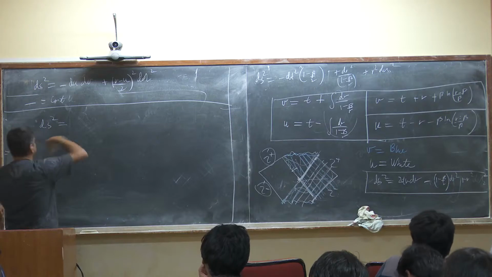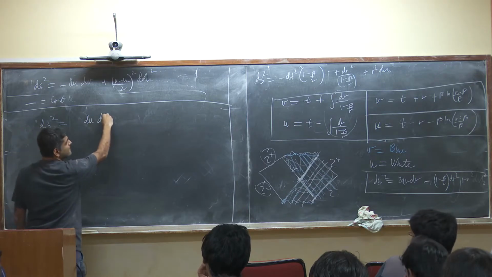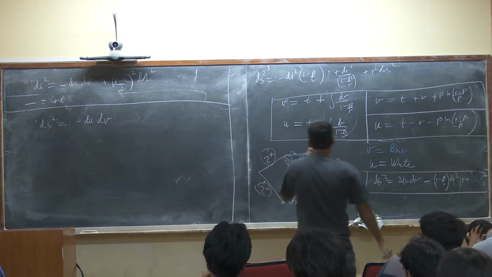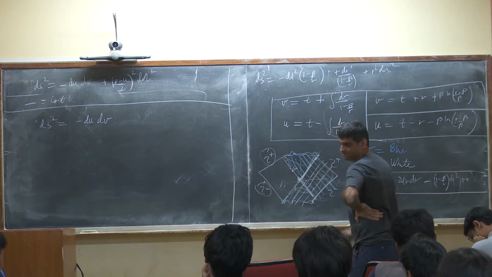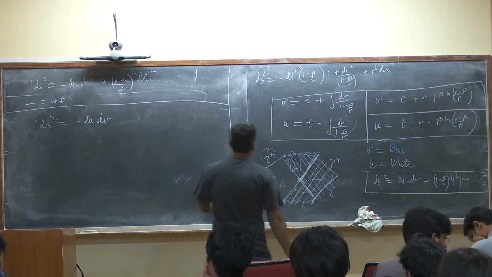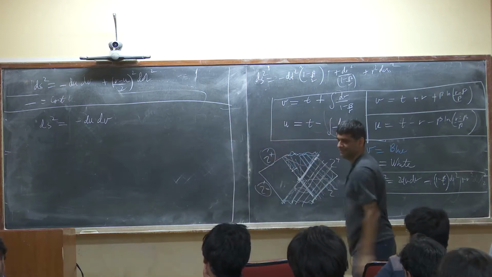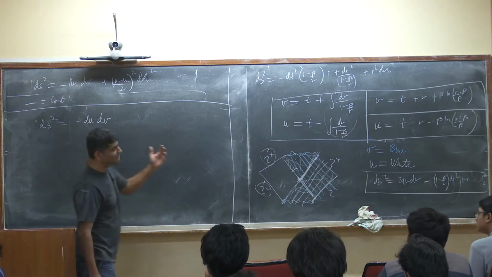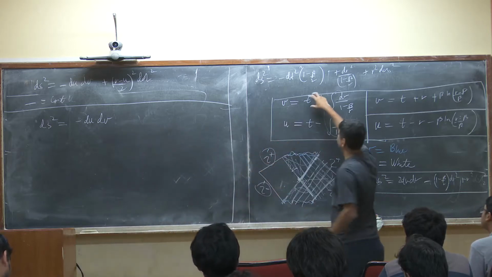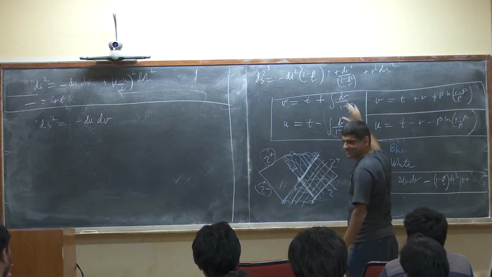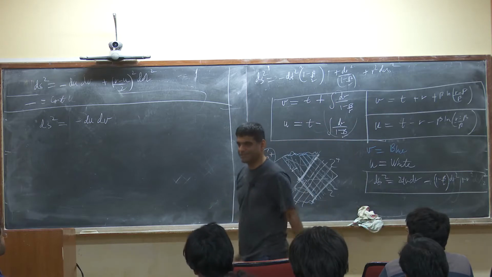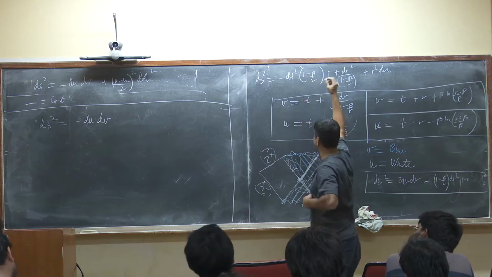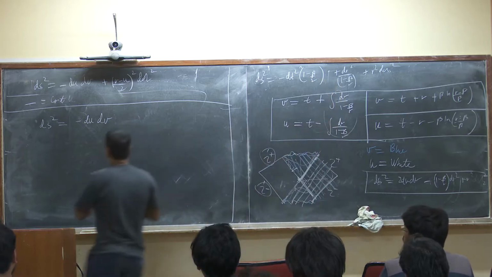There's going to be du dv with a minus sign. Let's check this statement. Let's take du and dv and compute. Just like in flat space, it will have this plus this times this minus this. So we use (a plus b)(a minus b) is a squared minus b squared. So we'll get dt squared